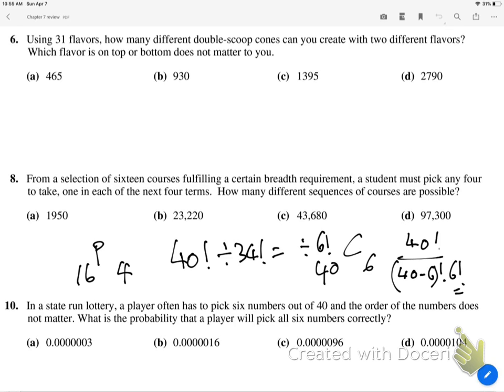The answer came out to be 3838380. In other words, that is how many different combinations there are. So the probability of picking one of those is 1 over that. So I just hit 1 over that, and it came out to be 0.8